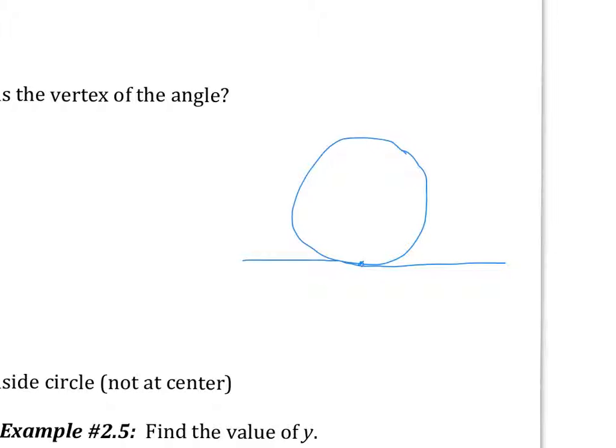All right. What's the measure of a circle? How many degrees? 360. Okay? What's the measure of a straight line? 180. So do you notice that the straight line ends up being half the circle? Do you recall that the inscribed angle is half the arc? Right? So all I'm going to do is draw a secant that kind of goes